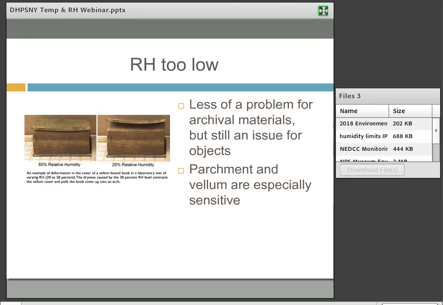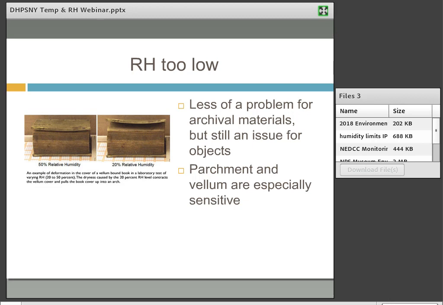On the flip side, RH which is too low is generally less of an issue for archival materials. It's a pretty big issue for a lot of objects, three-dimensional objects, archaeological objects, furniture, things like that. Parchment and vellum tend to actually be pretty sensitive to low RH. You can see in that photograph there on the left, at 50% RH, that covers almost flat. And on the right, the 20% relative humidity is causing that vellum to contract, and that's pulling the book cover